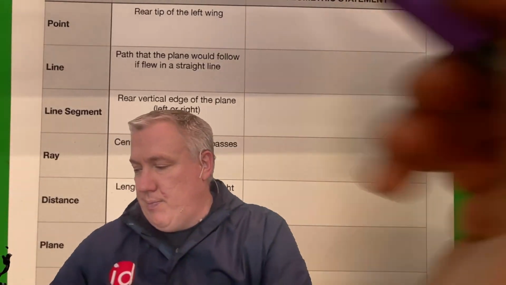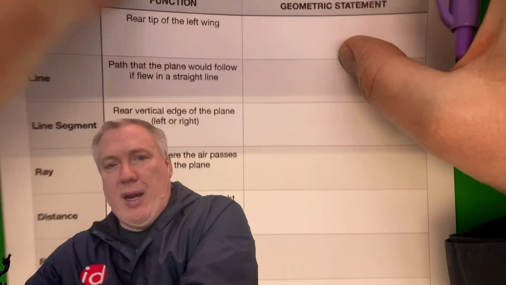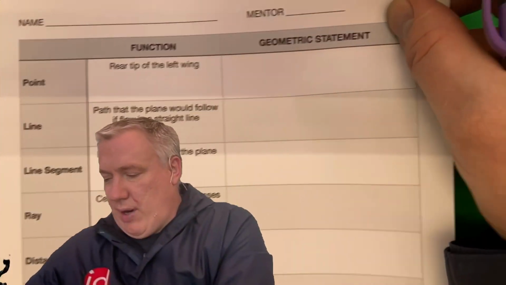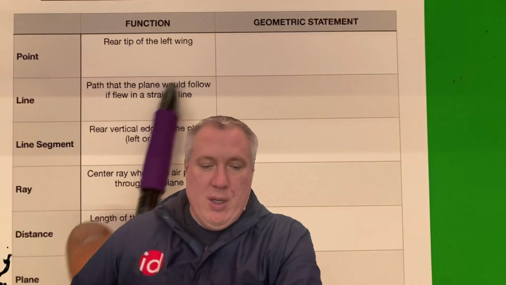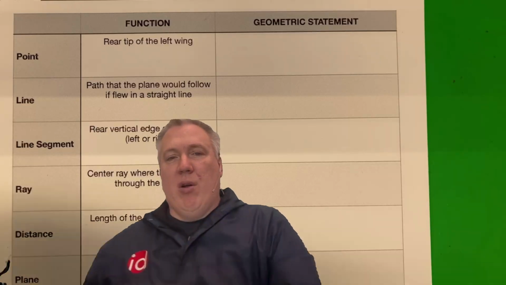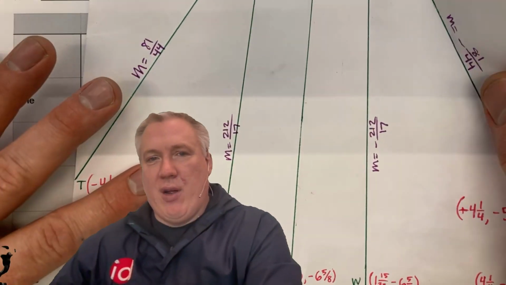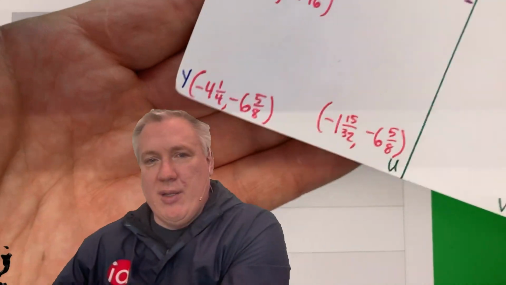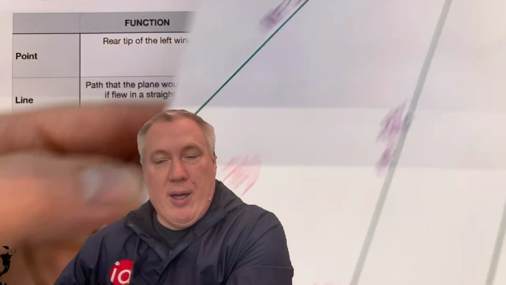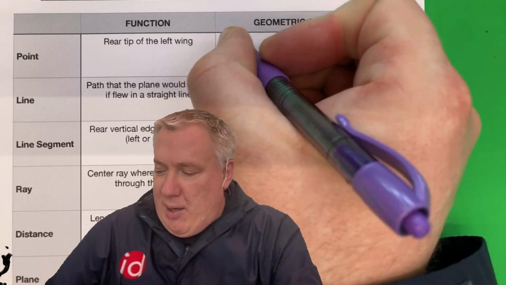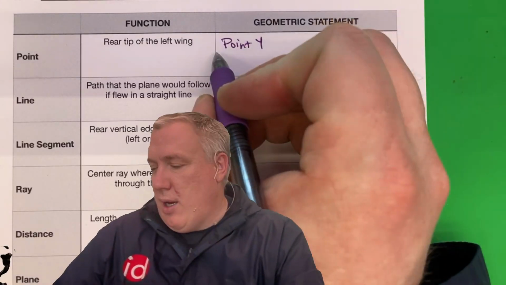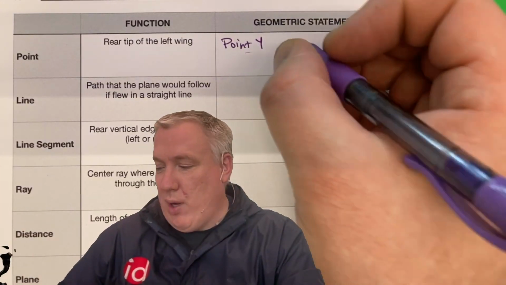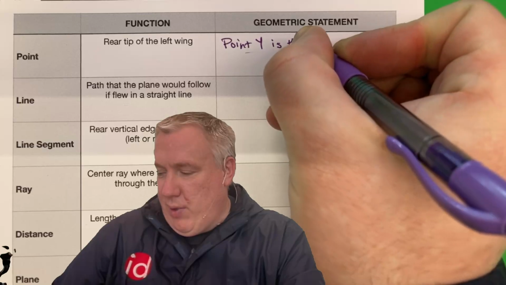Okay, now, in the right-hand column, what you're writing, if you're going for meeting, all you're writing here is the geometric statement of how you would write this specifically for your airplane. So if I pull my airplane out and I go look for where the wing is, this is the wing. And if I go the rear tip, it's this one right here. And what letter is that? Y. So this would be point Y. But the geometric statement is not point Y. You could, by the way, abbreviate that PT, that's fine. Point Y isn't a geometric statement. What is point Y? Point Y is the rear tip